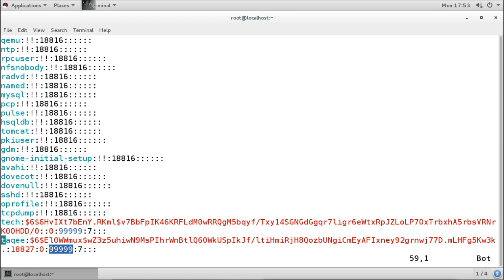99,999 days. So after these days the password will expire, and these 99,999 days will be counted after the last password change. So after the last password change, it will count this number of days and then it will expire the password.